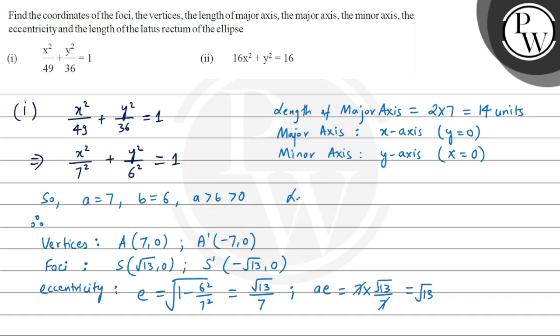So the length of the latus rectum, we have denoted as L, and L would be 2b square upon a. So 2 into 6 square upon a, that is 7, so it is equal to 72 upon 7. So these are our answers for the first exercise. Now solving the second,